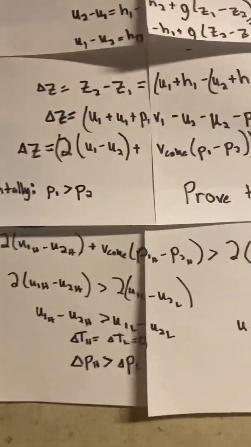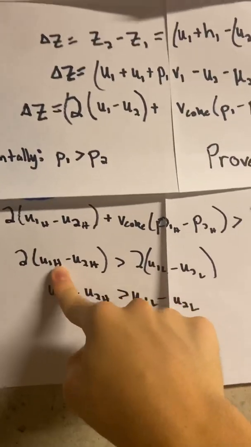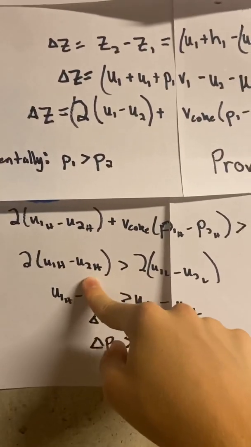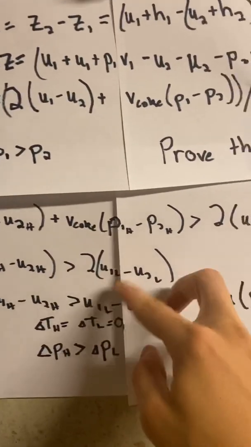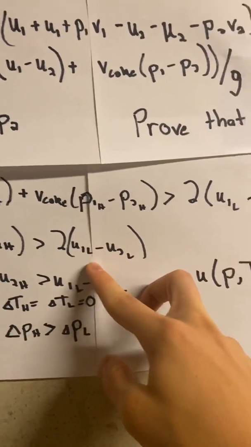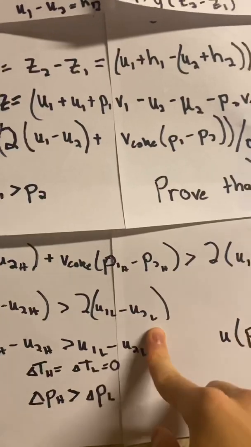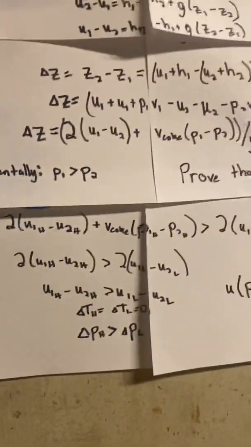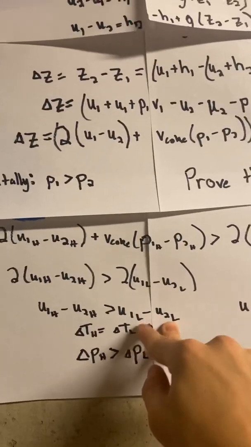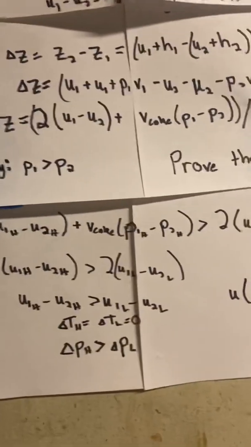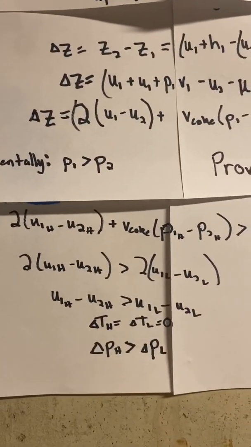Now, our last thing to prove over here is that 2 times the internal energy at 1 while it's hot minus U, the internal energy at 2 hot, is greater than 2 times the internal energy at 1 low minus U, the internal energy at 2 while it's low. So our U1H minus U2H is greater than U1L minus U2L. And first, to evaluate this, we will